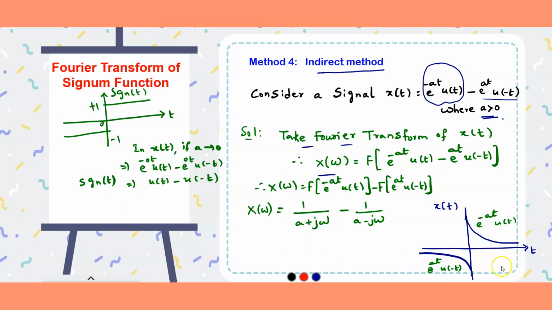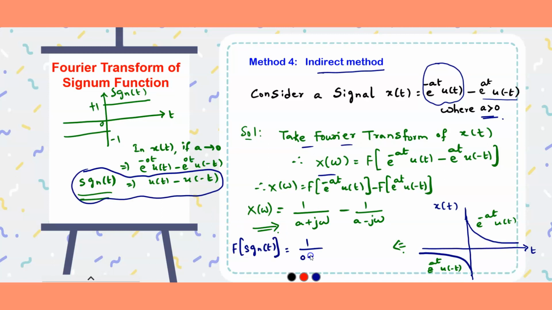So once a value becomes 0, this graph will become like this. In the time domain, if you take a is equal to 0, you are getting the signum function. Similarly, you take 0 in the frequency domain also. Wherever you see a, just replace it with 0. So this is 1 by j omega plus 1 by j omega, that is 2 by j omega,